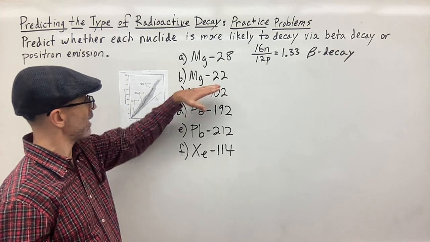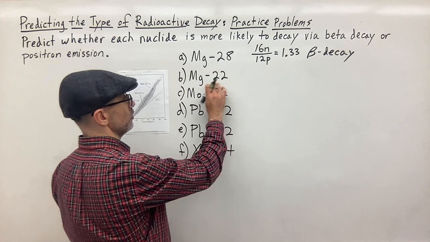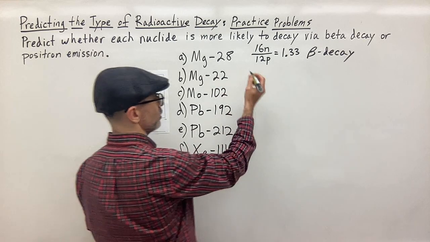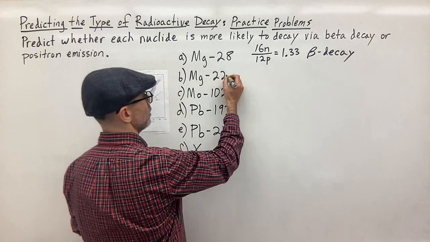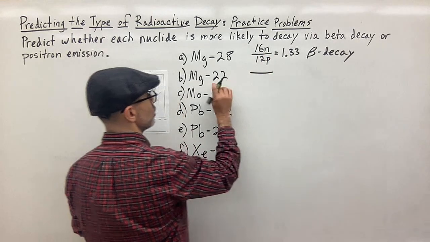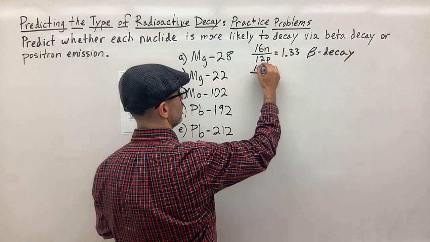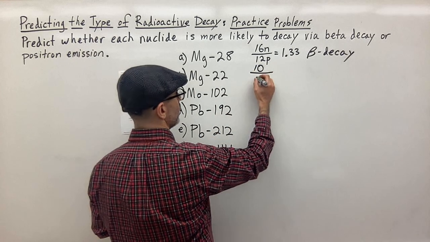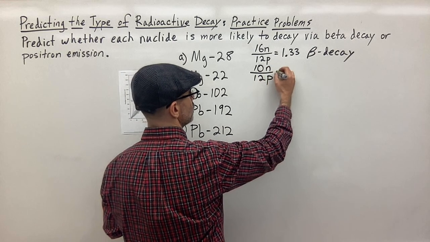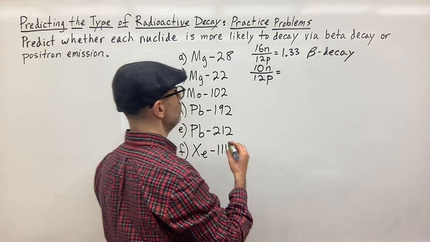Okay, so what about magnesium 22? So we do the same thing. So we have 22. This is our protons and neutrons. So we need to subtract out the protons. So if we subtract out 12 again, we have 12 protons again. So 22 minus 12 is going to give us 10. And now we have 12 here. So neutrons on the top, protons on the bottom. So our N to P ratio is then going to be